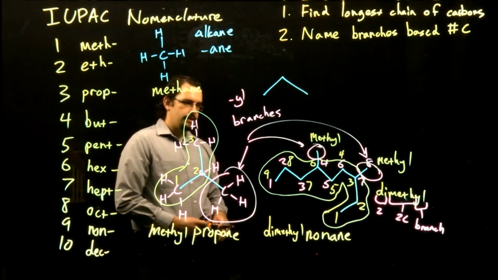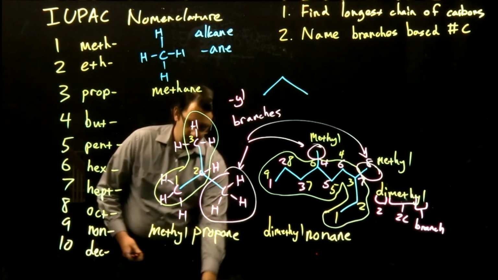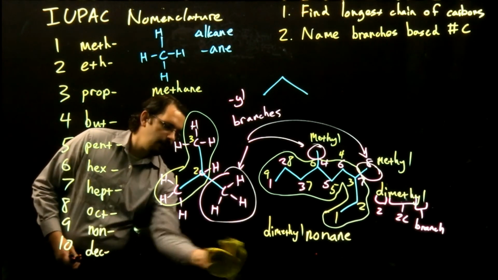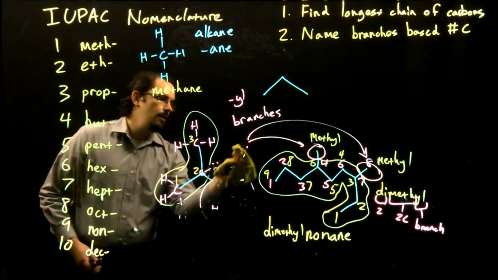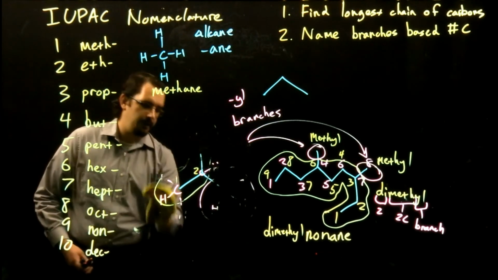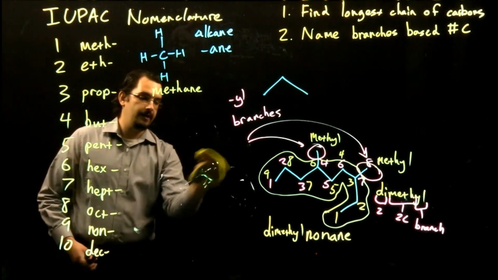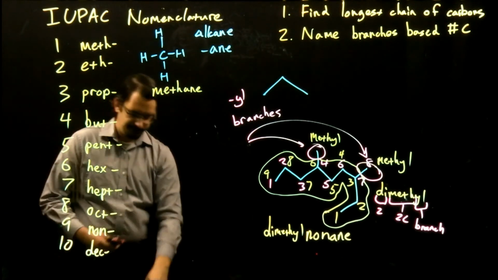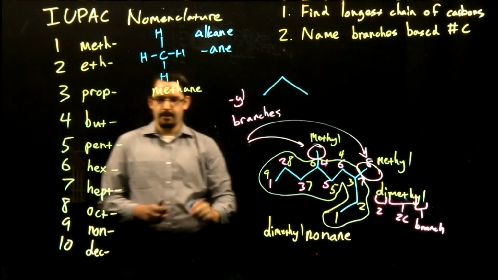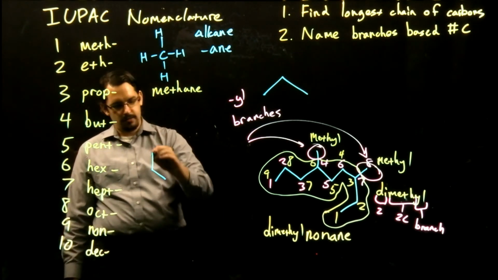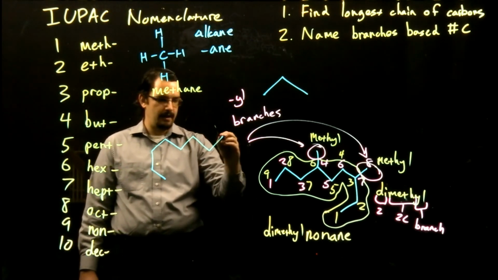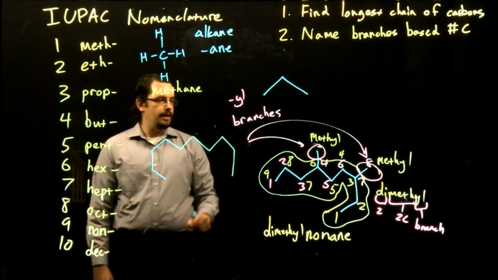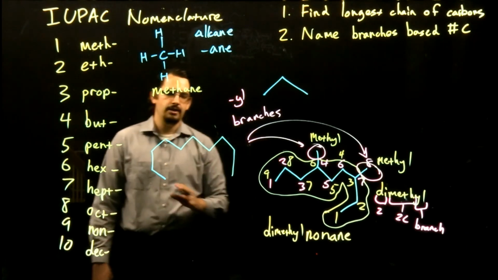Okay, so that gives us a good start. Now, dimethylnonane. So that tells us we have a 9-carbon parent chain with 2 methyl branches. Is that everything I need to know to draw out my structure? Let's test ourselves. So let's take my 9 carbons. I'm just going to draw 1, 2, 3, 4, 5, 6, 7, 8, 9. There's 9 carbons. It doesn't really matter that I didn't draw it in exactly the same orientation as my nonane